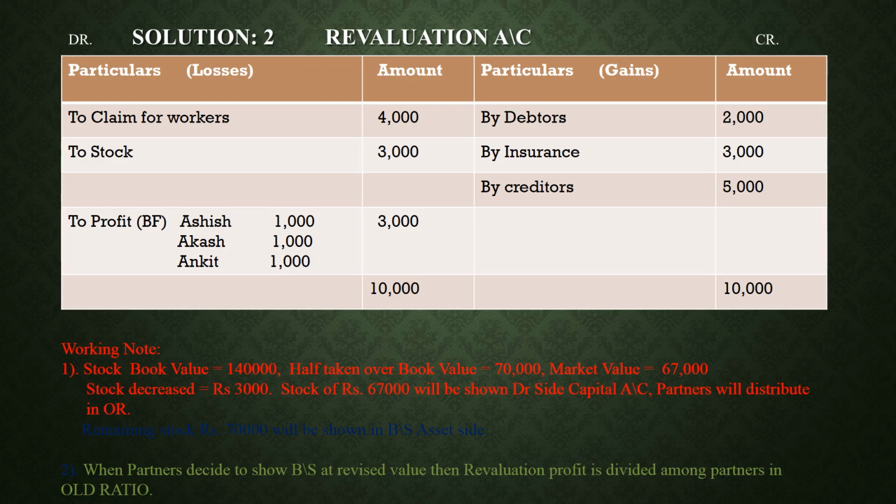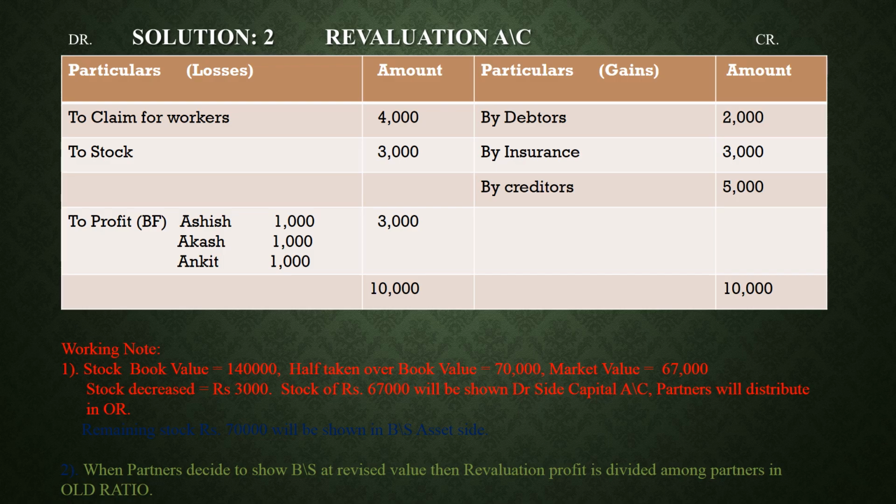इस adjustment में कोई value नहीं given है. Whenever all debtors are good, this means we have to do the treatment of provision for doubtful debts. Debtors की value copy नहीं करनी. All debtors good का मतलब कि जो provision for doubtful debt हमें doubt था, वो अब पैसे हमारे नहीं डूबेंगे. मीन्स वो पैसे भी हमारे रिकवर हो जाएंगे. Therefore, provision for doubtful debt will be credited to revaluation account.